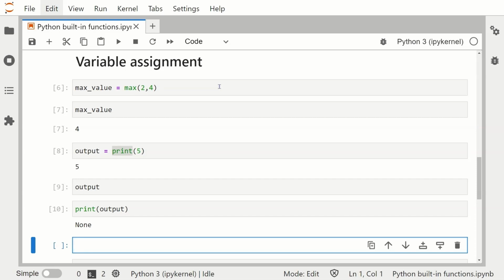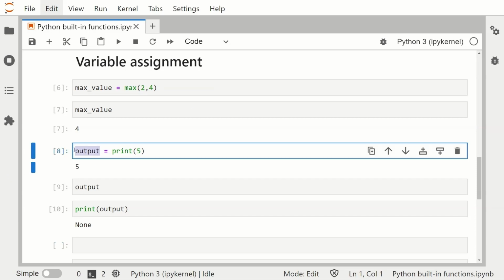Variables should just be plain black or whatever color this is. And reserved names are different colors. For example, functions here are green. So I decided to mention this here instead of back then when we learned about variables because I thought it would be easier to remember if you see an example. So let's see an example.